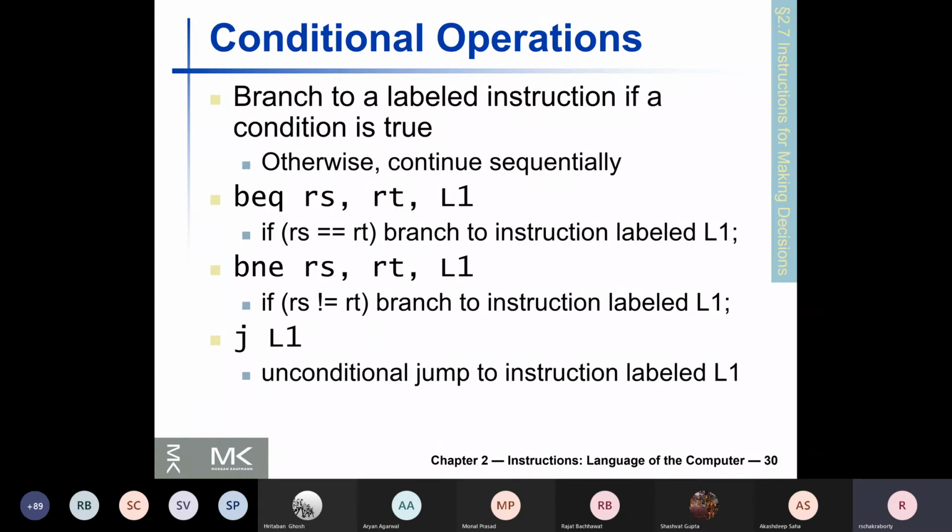The average size of a basic block of instructions is about 6 or 7 instructions in an average program. Of course, you can write artificial programs where there will be very few branch or jump instructions, or none at all. Or you can write programs in which every alternate instruction is a branch or jump instruction. But these are artificial programs. You can conjure up something by being creative, but those are probably not real life programs.